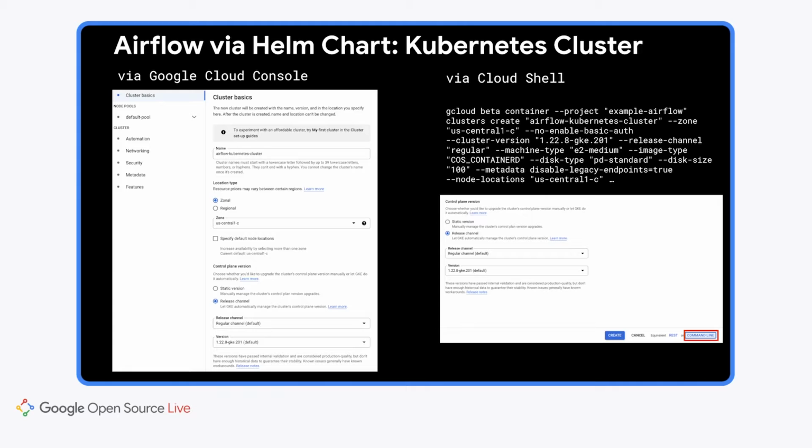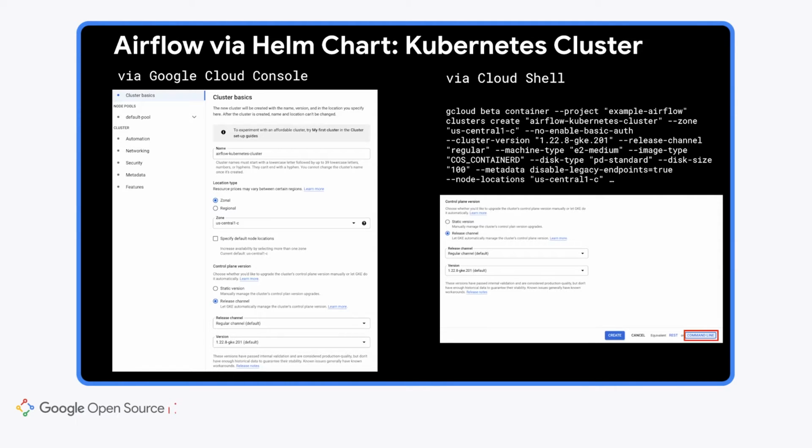After you provide some initial parameters, within a couple of minutes, the cluster will be created for you. If you prefer to use some other way of creating a Kubernetes cluster, like for example the command line and gcloud, there is a way to open a Cloud Shell in the GCP Cloud Console where you can enter your commands and the cluster will be created for you.